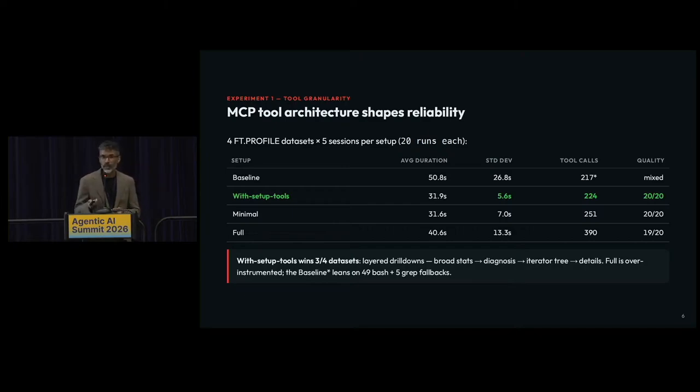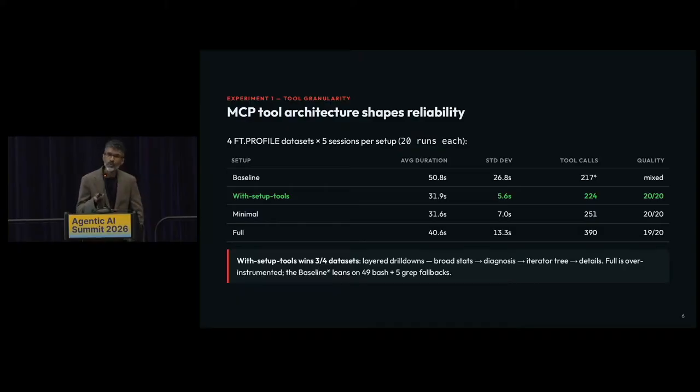Interestingly enough, that one did not perform any better. In fact, it was slower, and the quality was just marginally worse. So this goes to show that tool overload is very much a real thing. And more importantly, what I'd call tool orthogonality or separability is pretty important. At any point, if an agent is unable to determine if it should call B or C, it's problematic.